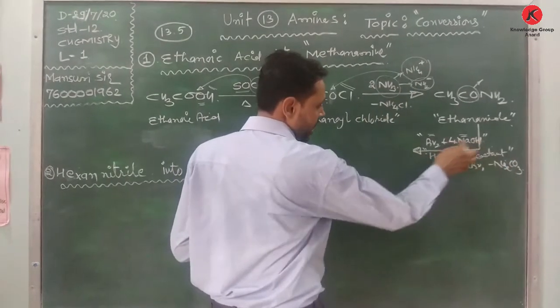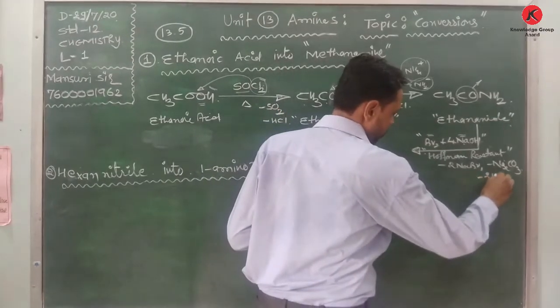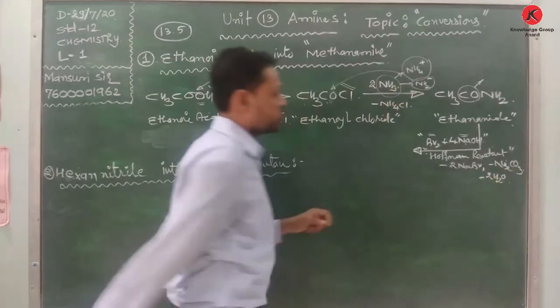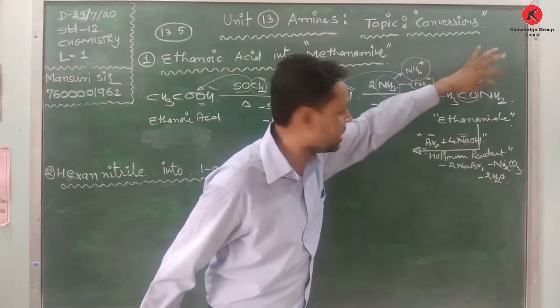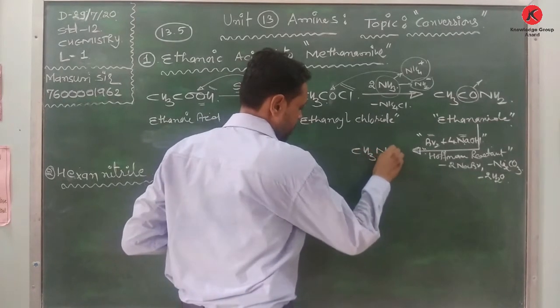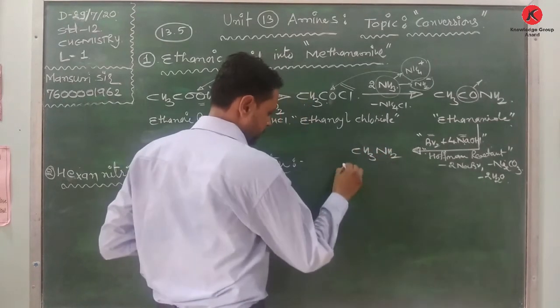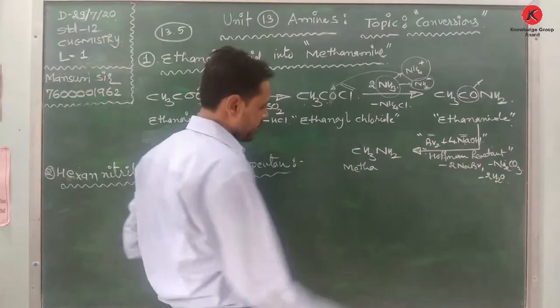Thereafter these 4 hydrogens make water, 2 moles of water. So this CO will be removed. That is why methane and amine, methanamine is obtained. This is a one carbon containing amine,